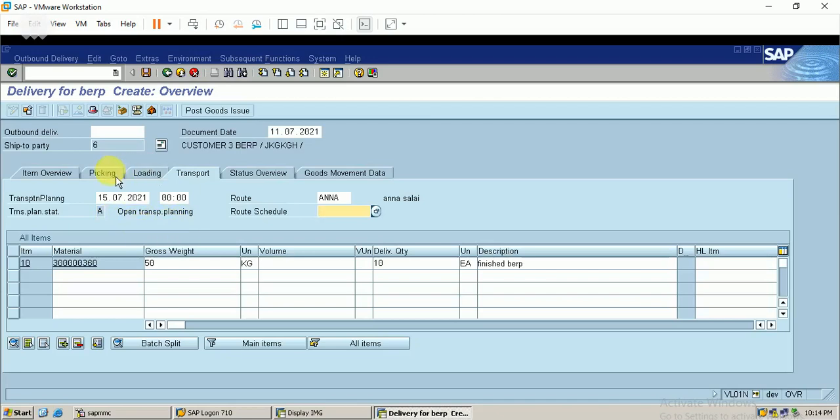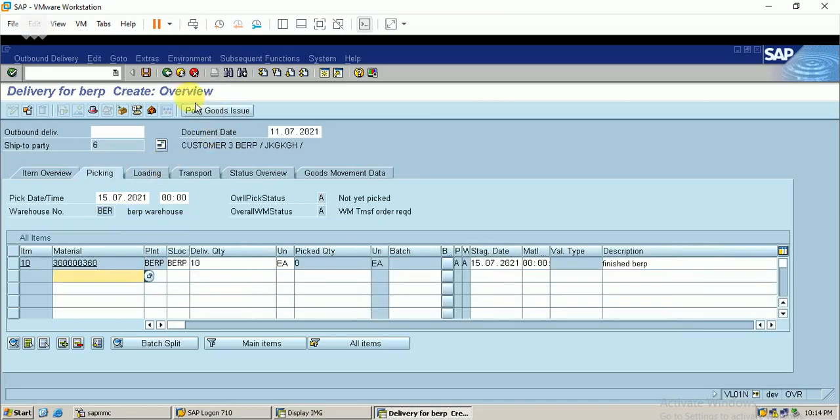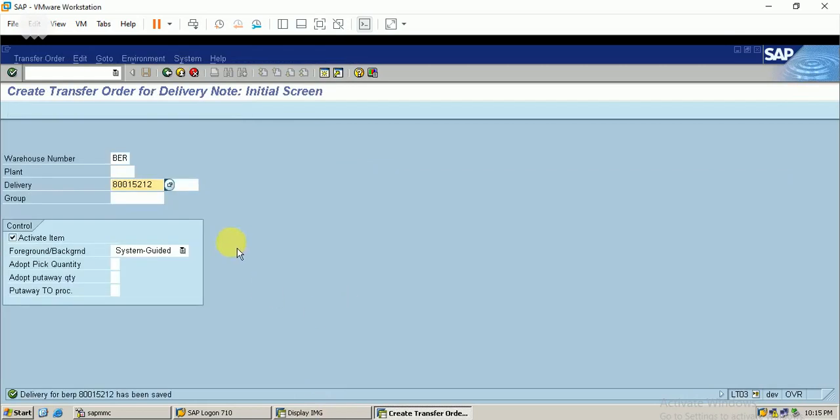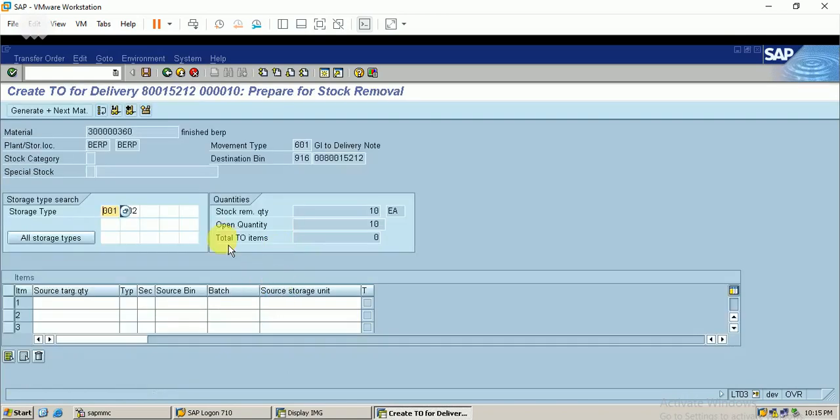So we will process the picking from our warehouse, and the other things will be initiated. The shipment will be initiated only if the picking is completed. So I just move on with the picking process, the transfer order. I have enough quantity to supply these goods.